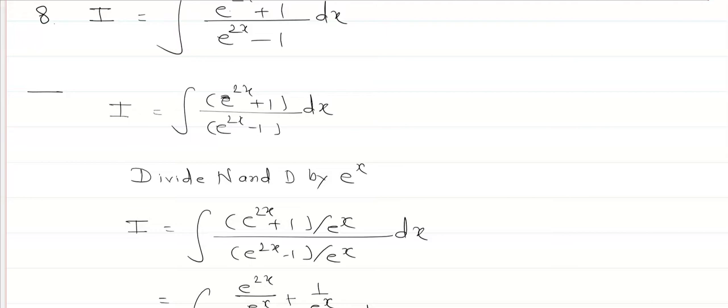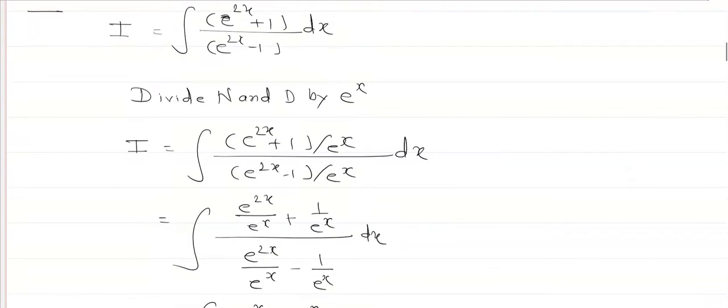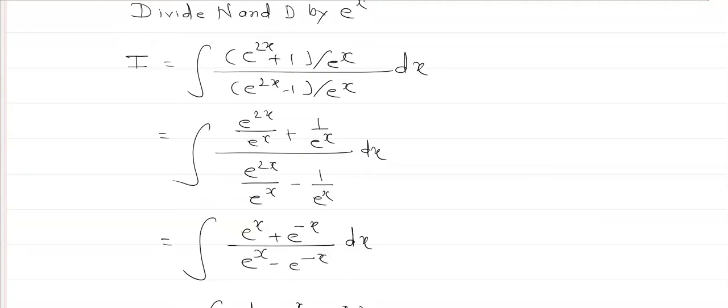म्हणजे न्यूमरेटर and डिनोमिनेटर e raised to x ने डिवाइड करणार आपण. आणि बघा इथे e raised to 2x upon e raised to x plus 1 upon e raised to x, e raised to 2x upon e raised to x minus 1 upon e raised to x. हे सिम्प्लिफिकेशन केल्यानंतर काय मिळणार आपल्याला? e raised to 2x upon e raised to x, then you will get e raised to x plus 1 upon e raised to x, कसं लिहिलेलं आहे? e raised to minus x. e raised to 2x upon e raised to x, that is, one e raised to x gets cancelled, you will get e raised to x. आणि minus 1 upon e raised to x हा कसा लिहिला? पुन्हा e raised to minus x. Now see this again here. This is our substitution.